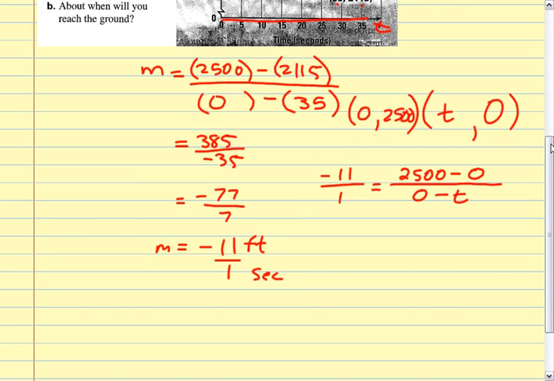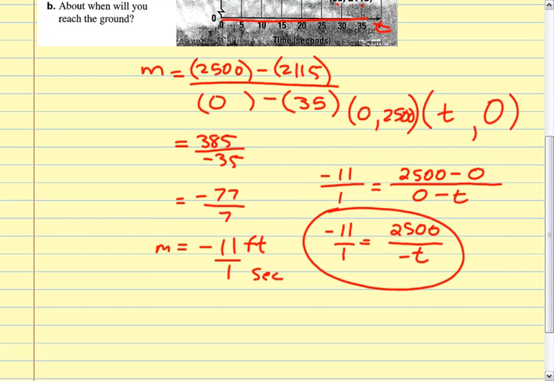Okay, all right, let's relax. Don't get nervous. Negative 11 over 1 is equal to 2,500 over negative t. What is this thing called? Okay, what's it called before we do that? We can do it because this is a proportion. It's 2 equal fractions. What can I do? Cross multiply. Negative t times negative 11 is positive 11t is equal to 20